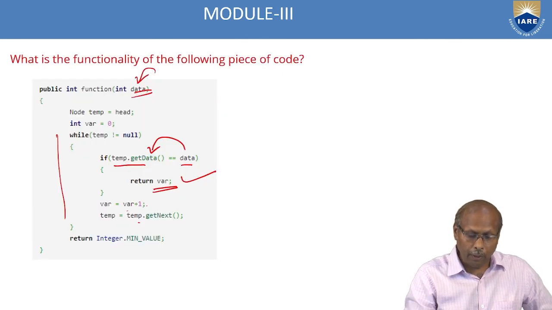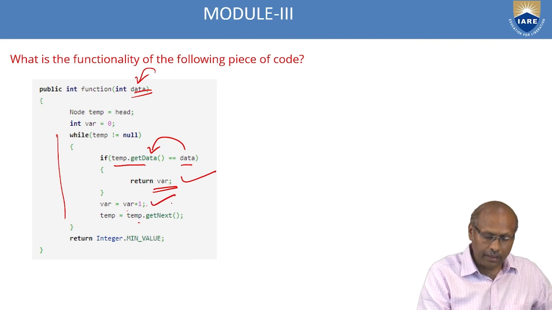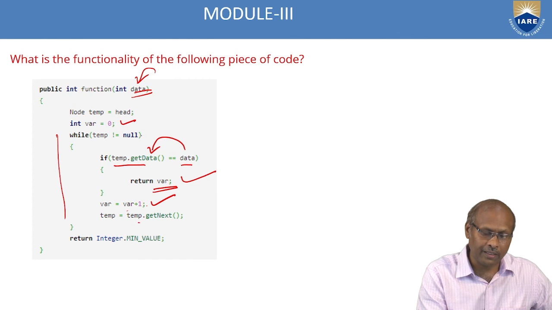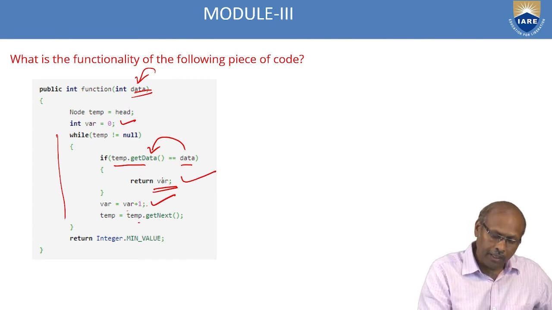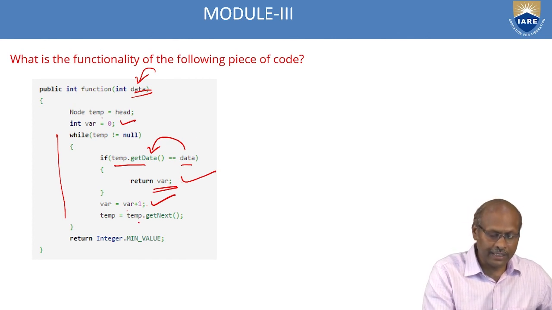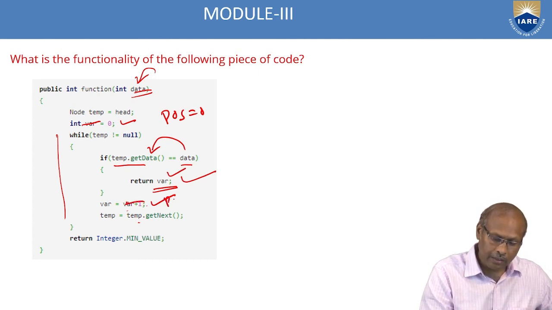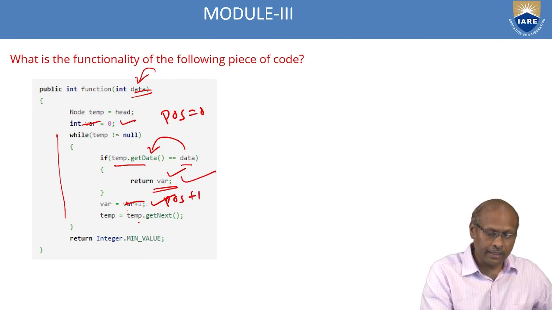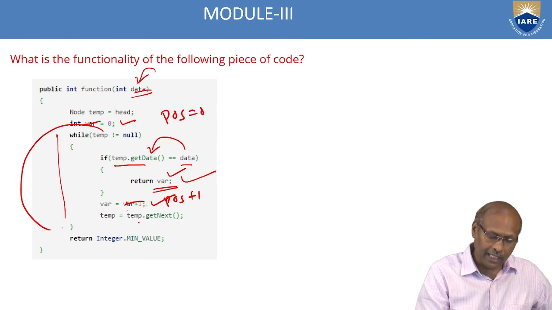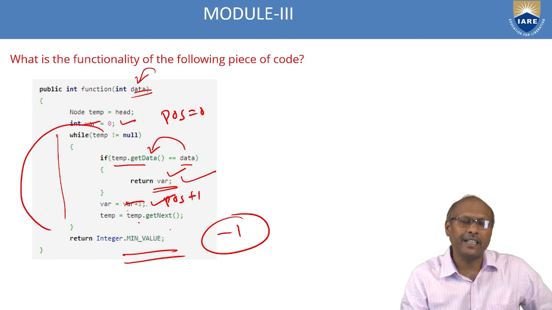Because if you observe here, every time it is doing where plus plus. Initially where was 0; the variable means the position. If it is found, return where, which is nothing but the position. Initially position 0. So whenever it is equal, return the position. If it is not equal, position equals position plus 1. Every time the position is changing. And when the loop is over, if it is still not there, then return the minus value. It returns minus one, which indicates that data is not found.